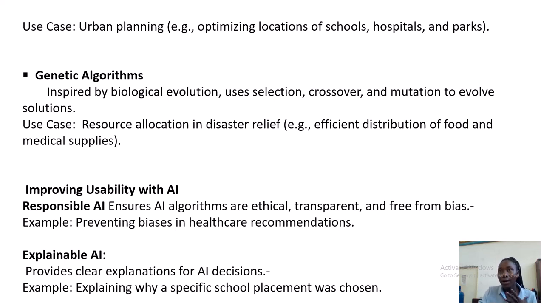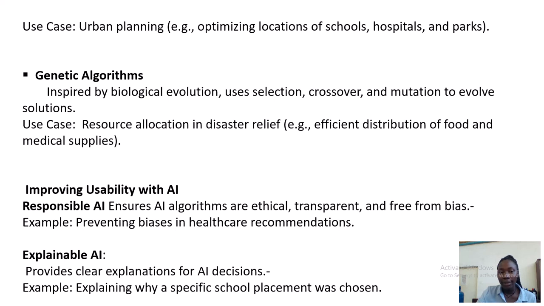We also have other local search like the genetic algorithm. This one is inspired by biological evolution. It uses selection, crossover, and mutation to evolve solutions. For example, in resource allocation in disaster relief, such as efficient distribution of food and